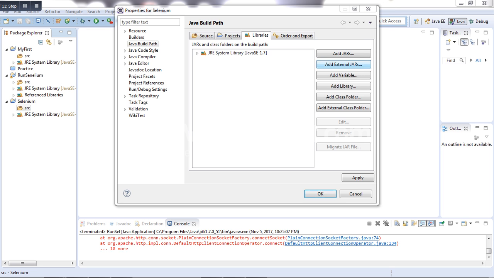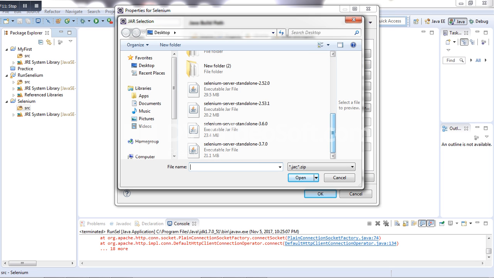So I have downloaded earlier standalone 2.5.2. I think if you went through my last video sessions, you can get to know how the journey of the Selenium came till 3.7.0. So you can choose any of the options. As you can see, these are nothing but the upgraded versions. So you can click on the Selenium server standalone 3.7.0, just double click on it,